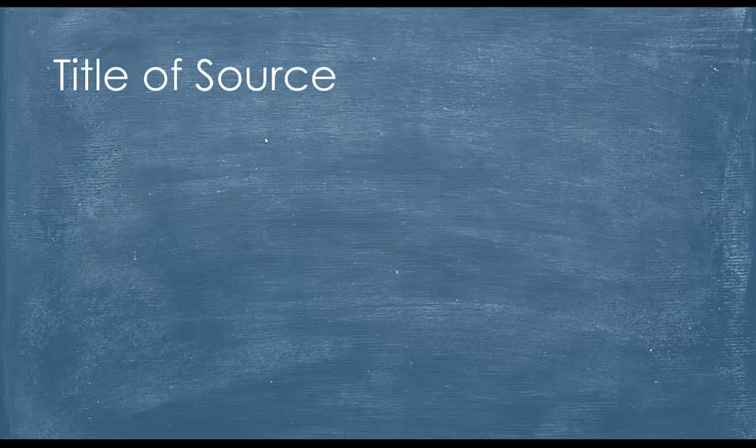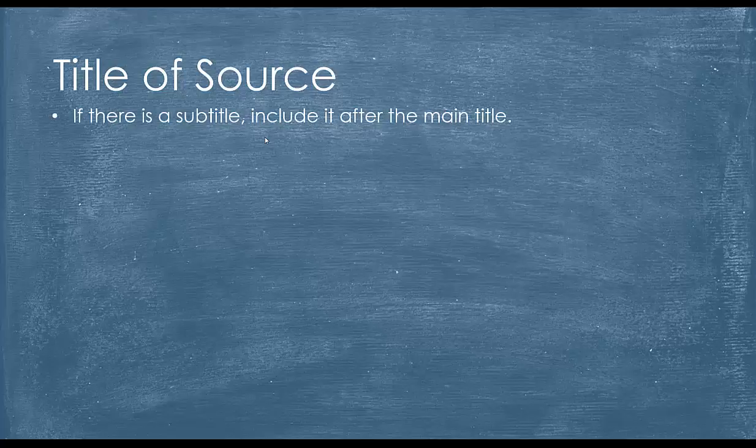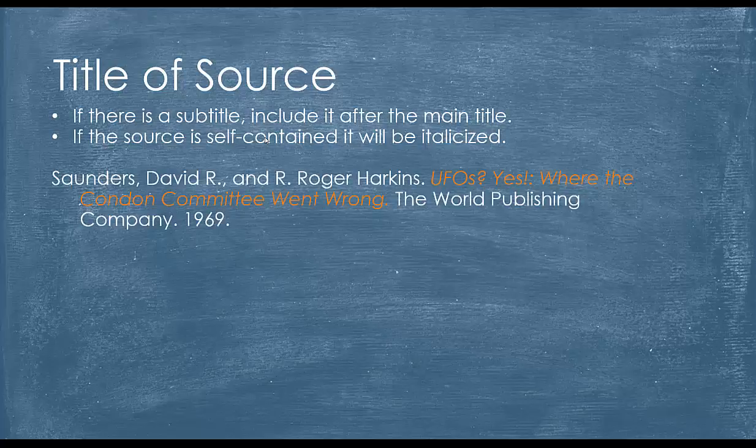Next is the title of the source. If there is a subtitle, include it after the main title. If the source is self-contained, like a book or movie, it will be italicized. Italicizing makes it easier for your reader to distinguish different parts of your citation. Remember, making things easier for your reader means they will be happier and more likely to give you a good